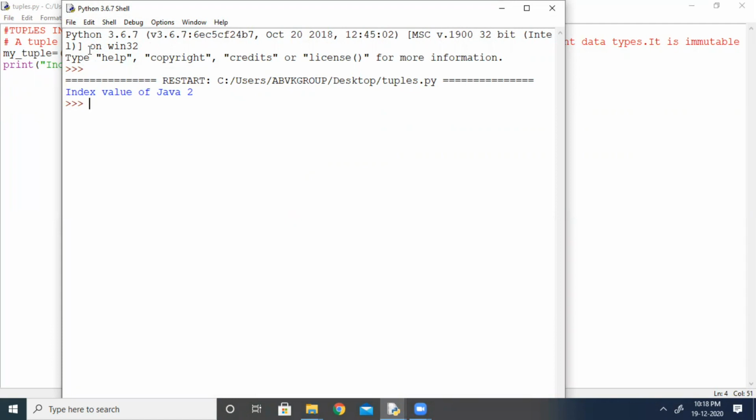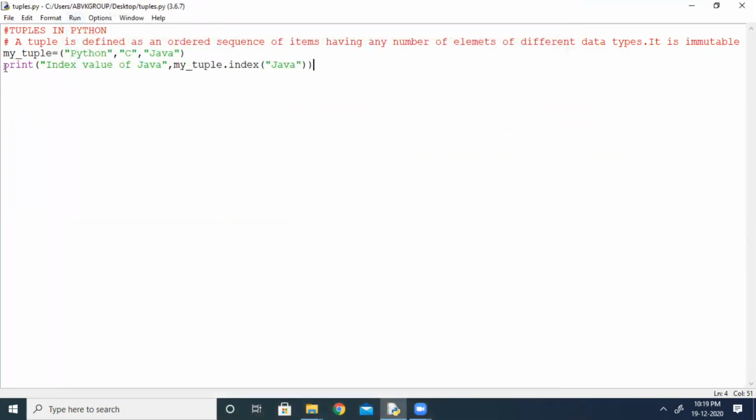Now we will go for the tuple operations. What are the tuple operations available? Means how we can manipulate a tuple using the various inbuilt functions. So let us start with the len function. As you know, the len function is used to check the length of a tuple. For all things like string, list, the len function's work is to check the length.